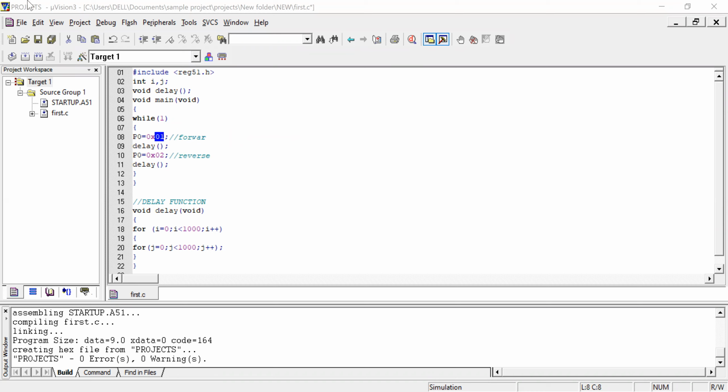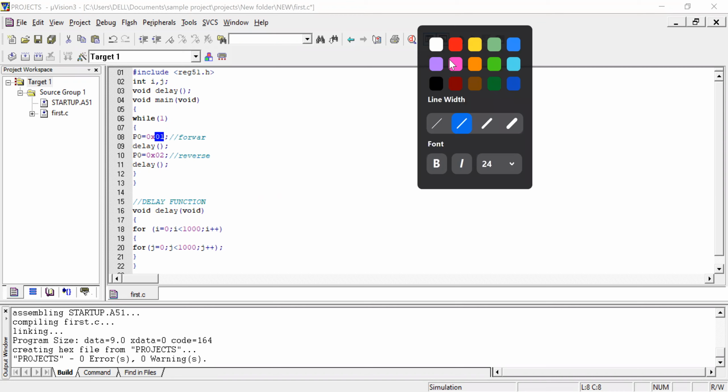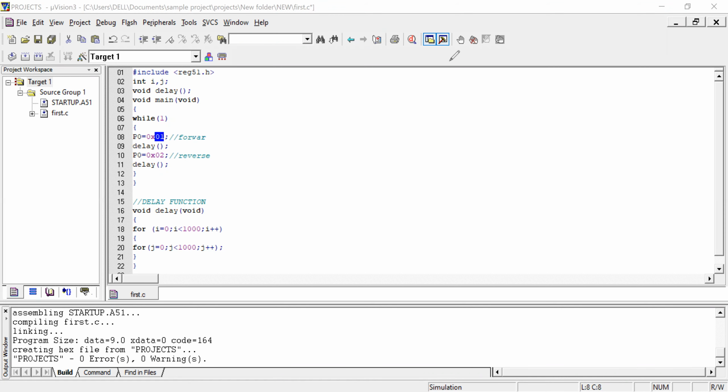Always keep in mind, to run your code in simulation or on any hardware, the .hex file is required. Please check whether your project file is built into a hex file.